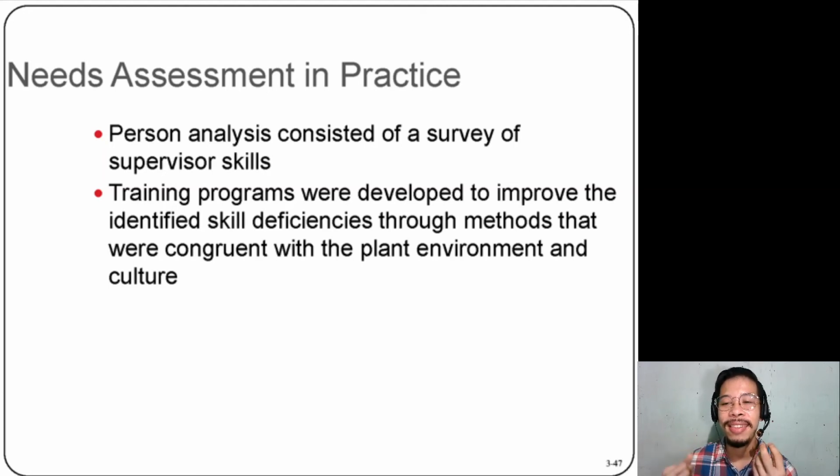So this is actually the guide to the next step, and that is the training program. So needs assessment is just step two. Step one was knowing the background, the framework, the different steps. So this is now step two of the whole training process, and that is creating the needs